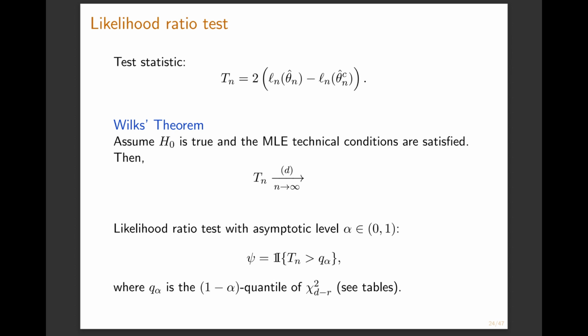Now let's talk about test statistics. The test statistic is two times the difference between the maximum likelihood of theta and the maximum likelihood of constrained theta, and that's our test statistic. This is quite related to Wilks' theorem,